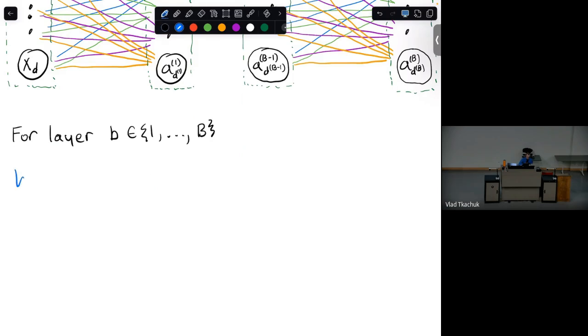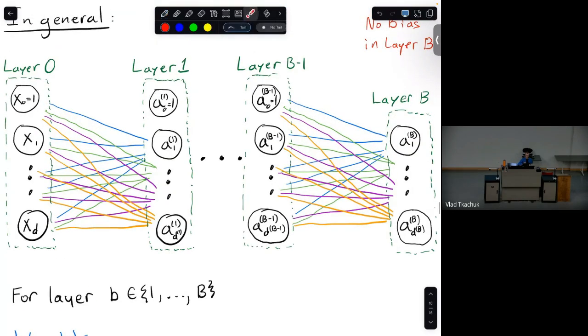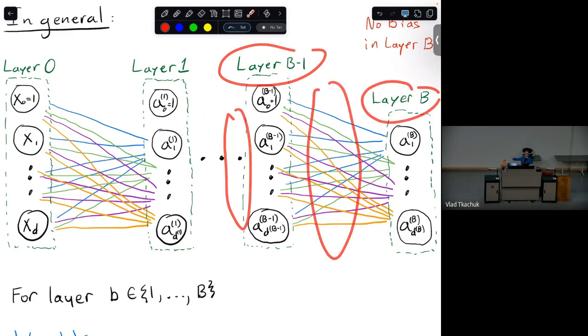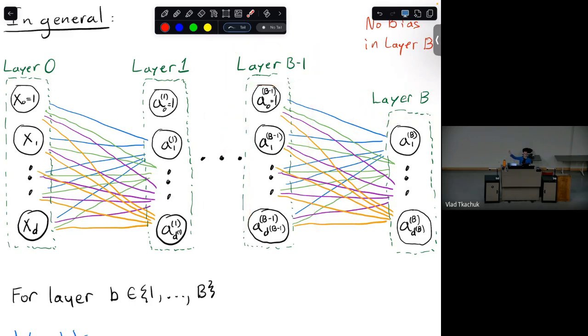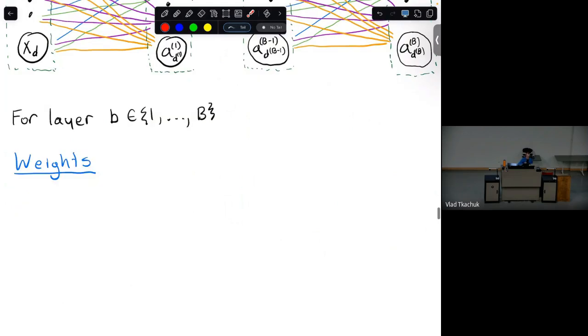There are these things called the weights in the network. We've seen these. So what are all the weights? If we look at a single layer, there's a certain number of weights. It would be all of these connections. These are all the weights for layer 1. There's some number of connections for layer 2 up to layer B minus 1, and then for layer B there are also these weights. So every layer has its weights. There are many weight vectors at every layer. We're focusing on just one layer. What are the weights there?